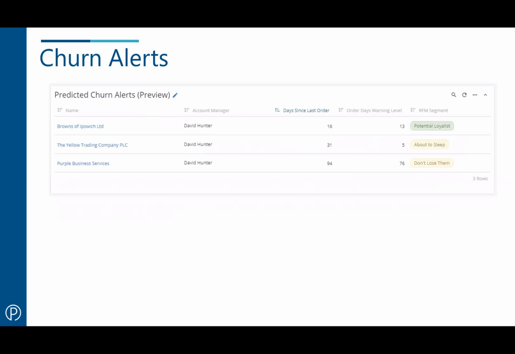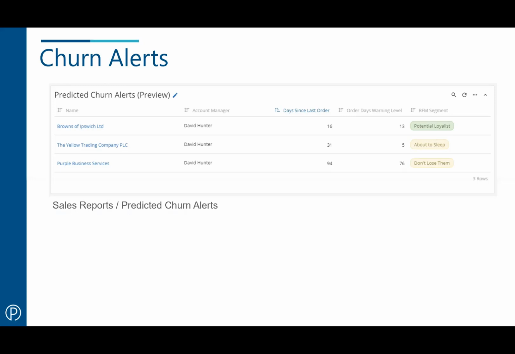And if you haven't seen that announcement, just very briefly, there's a new report that you can access from the sales reports called Predictive Churn Alerts, and this uses a whole load of statistical data and some AI analysis to identify customers that should have ordered. For every customer, it'll go through their previous activity and work out how long you should wait before worrying that you haven't had an order from them, and compare that with the number of days since the last order in order to create an alert of customers that you should speak to.